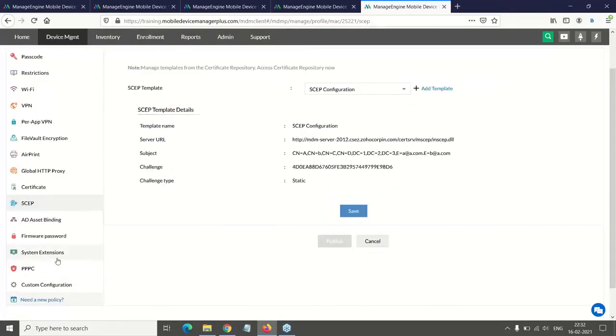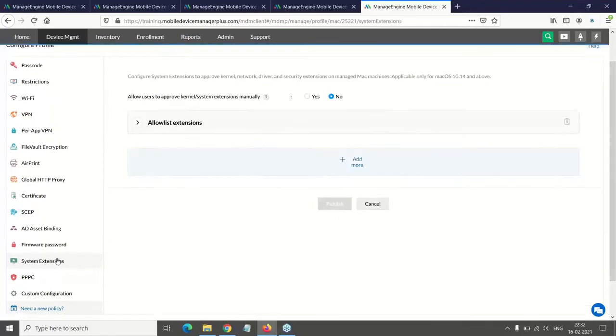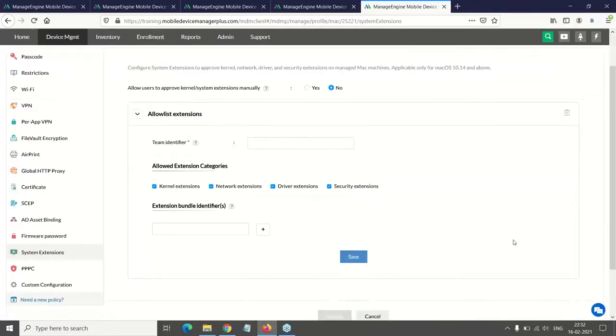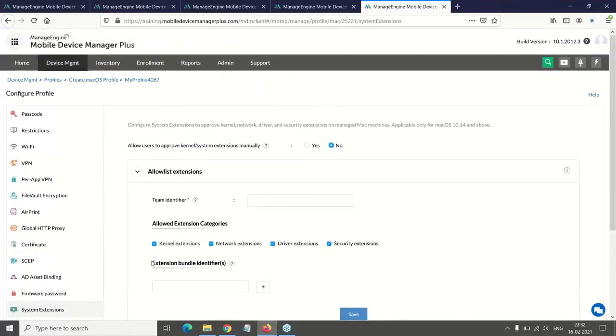We also have options like system extensions and privacy policies. With system extensions, there might be applications which will require kernel level permissions on the Mac devices. Instead of letting the users manually select it, you can allow it via MDM itself remotely. You can just enter the identifier.